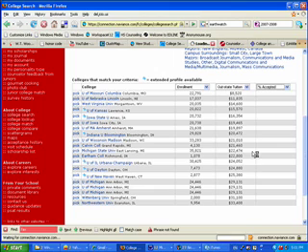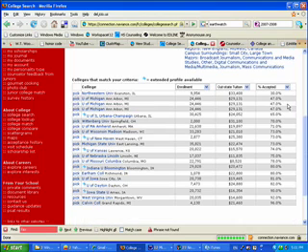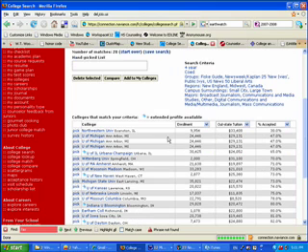Percentage accepted. Now you can see it does this each time, but allows me a very quick comparison. So it's going from the most selective to the least selective based on these criteria. Now I can pick any of these universities, so I'm going to click a few of them that sound kind